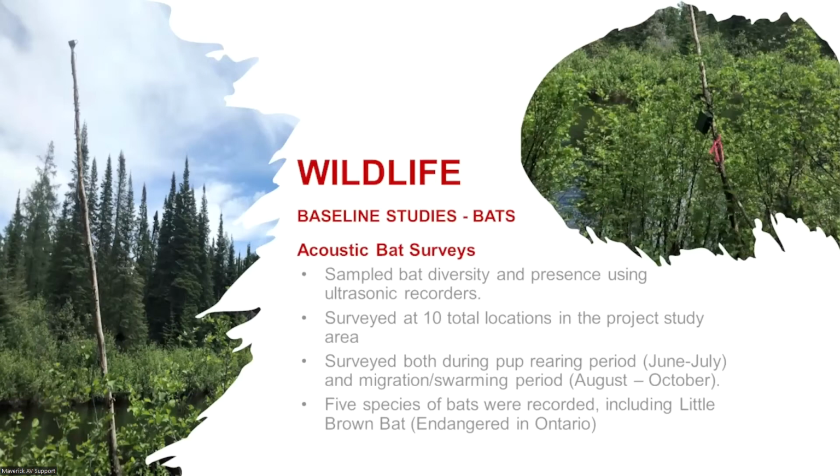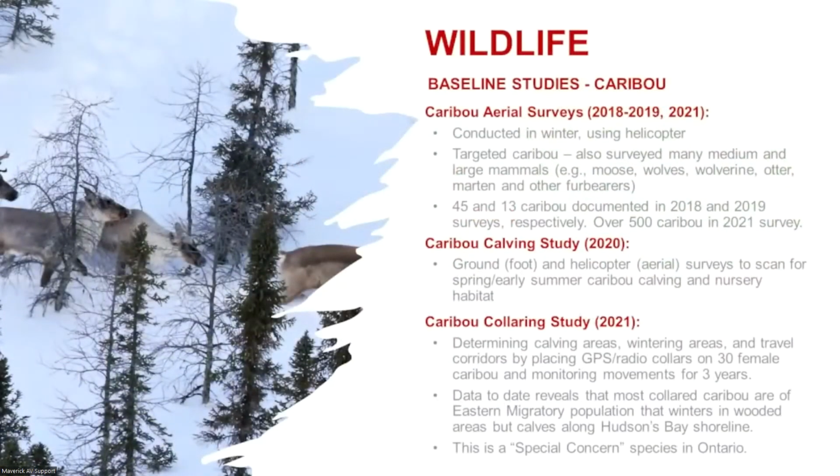We conducted a number of baseline studies on caribou as well. Caribou aerial surveys were conducted in 2018, 2019, and 2021. These are aerial surveys where we have biologists looking down and counting the number of caribou and identifying male, female, and making other observations about other large mammals. We also conducted in 2020 a caribou calving study, both by foot and by helicopter. We conducted a caribou collaring study in 2021, and that helped us identify calving areas where caribou would have their young, winter areas,